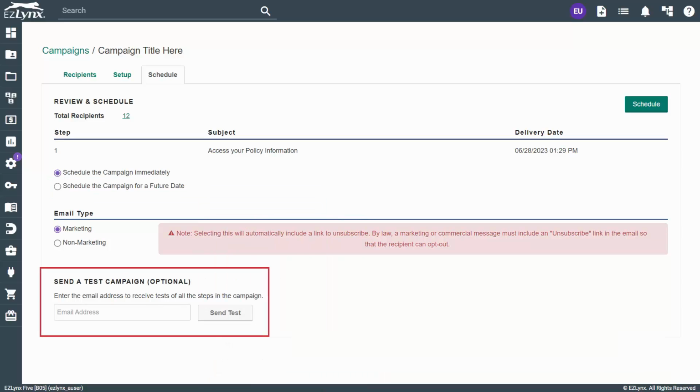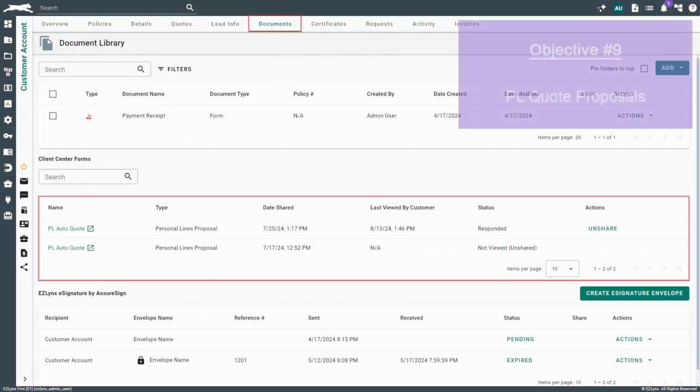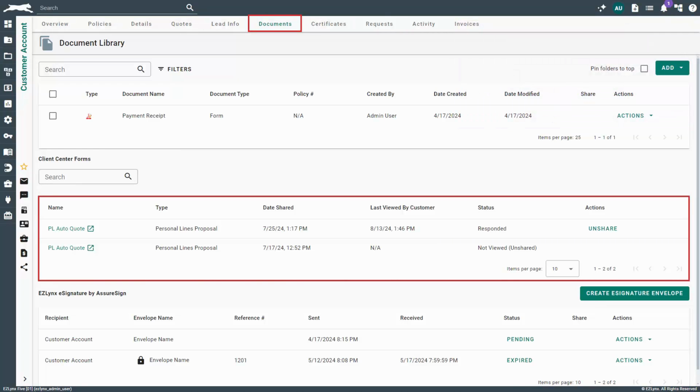If you'd like to test the email campaign, you can enter an email address you'd like to send the test email to in this field, then click Send Test. Once you're satisfied with the email campaign, click Schedule to schedule this email campaign to be sent on the delivery date and time. Additionally, if you have Client Center, you will have the ability to generate personal lines quote proposals,